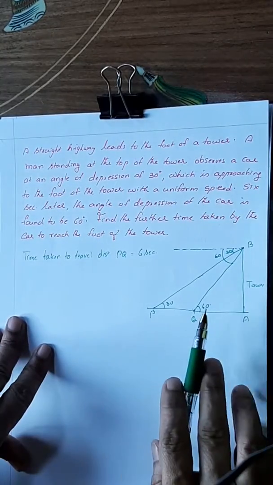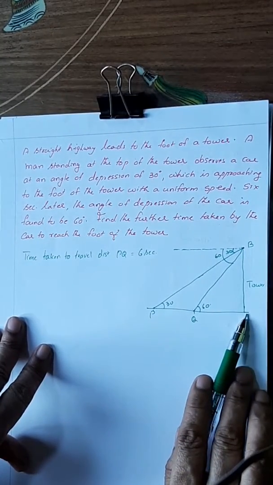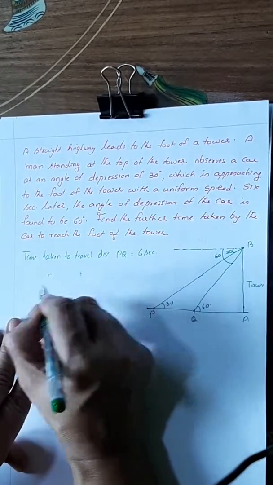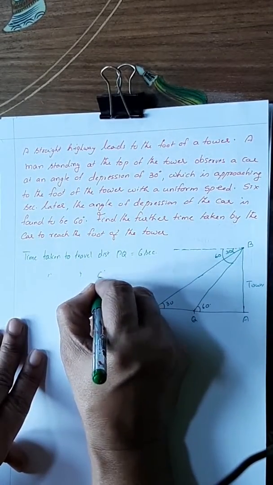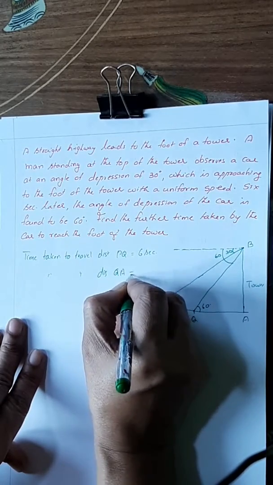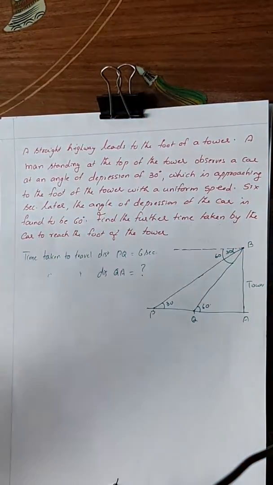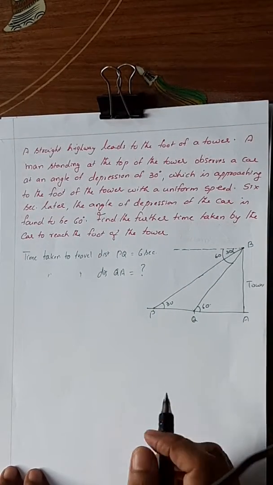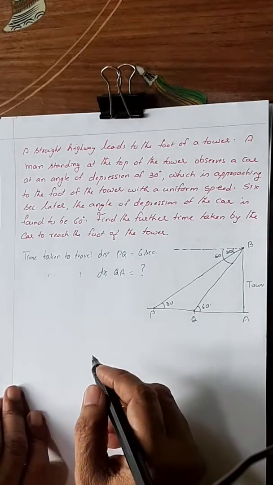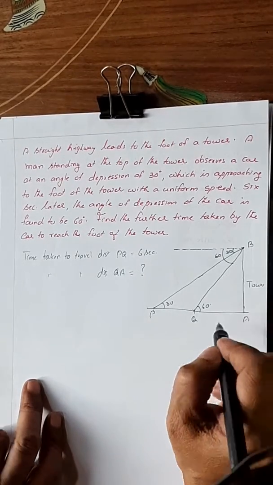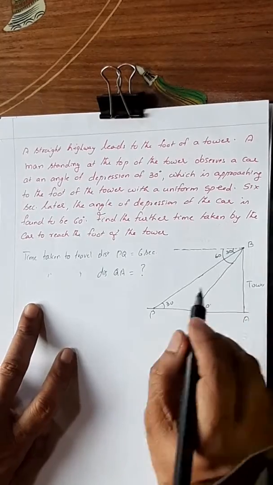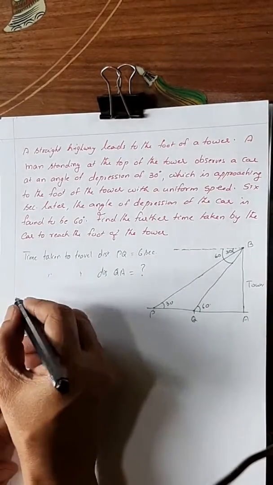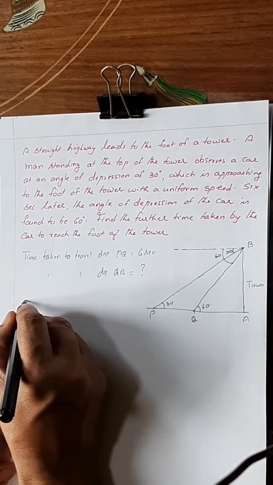Now we have to find the time taken by the car to reach the foot of the tower. So time taken to travel distance QA is what we have to now find. And now we'll start with this. In triangle BAP,